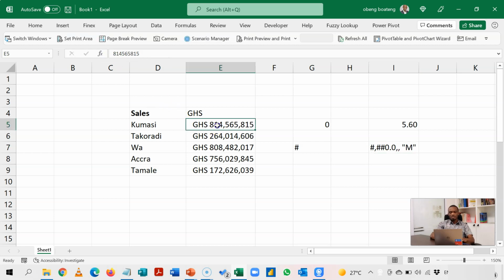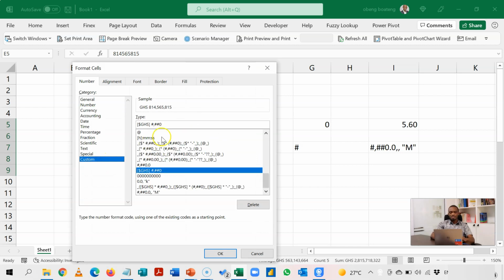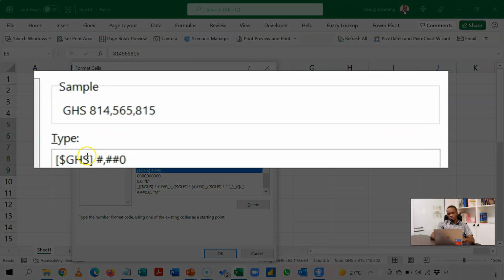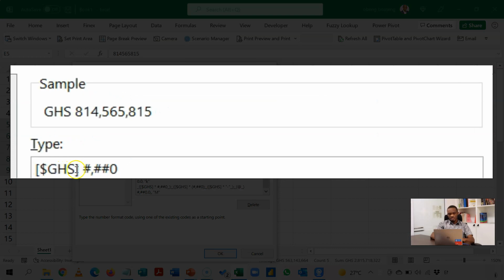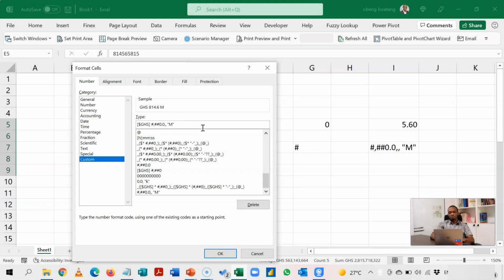Ctrl C. I'm going to highlight these numbers, press Ctrl 1 and then Custom. If you look closely, you see my GHS is here, and this hash comma hash 0 is already here. So what I need to do is bring in a dot 0, then comma comma. My first comma took away the 1,000 parts, my second comma took away the million. And then I'll bring in a space and put in my M. Okay, so if I click OK now,